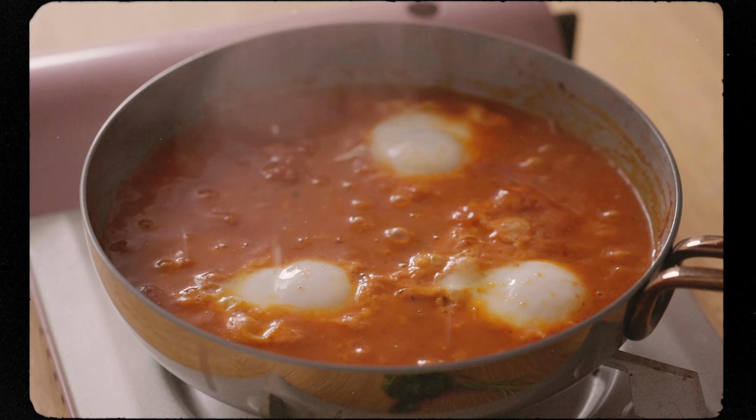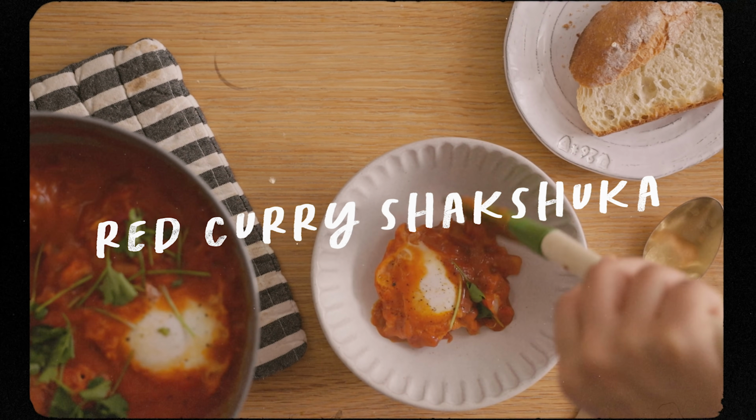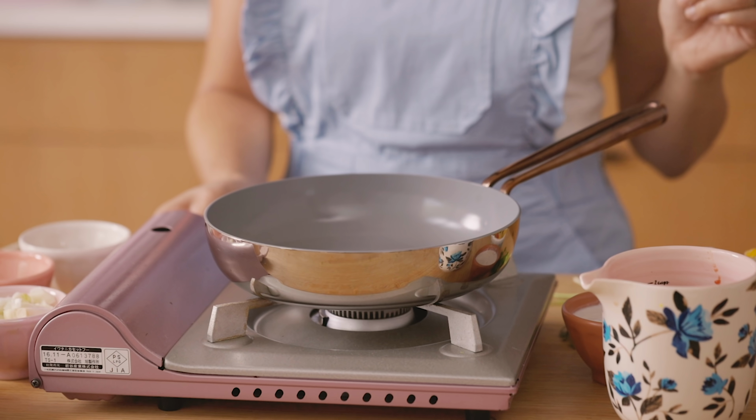Hey guys, it's Zhang, and today I'm gonna give our regular shakshuka a little bit of an Asian makeover. I'm gonna infuse it with some Thai red curry to give it that bold, delicious flavor. I'm gonna make this for 2 people, so in my pretty small frying pan, I'm gonna heat it up to